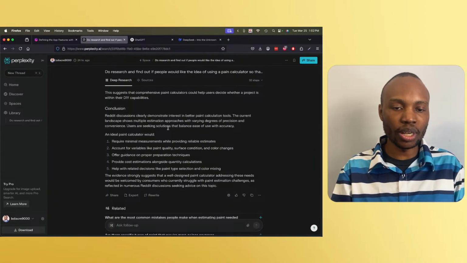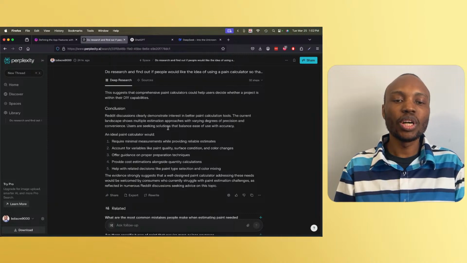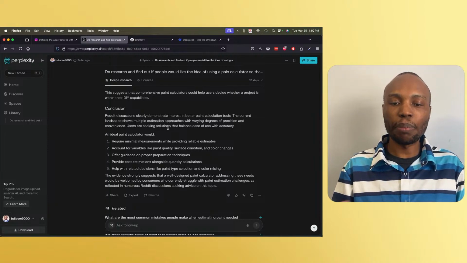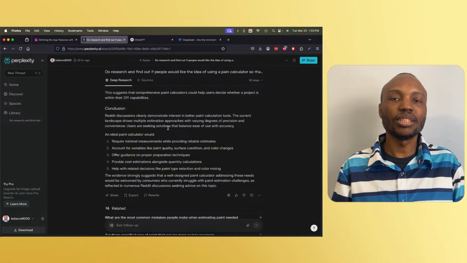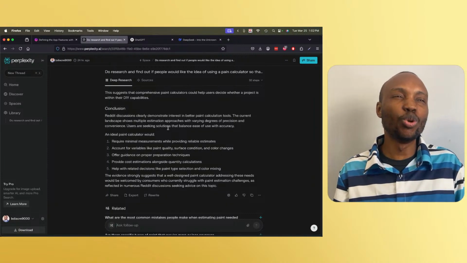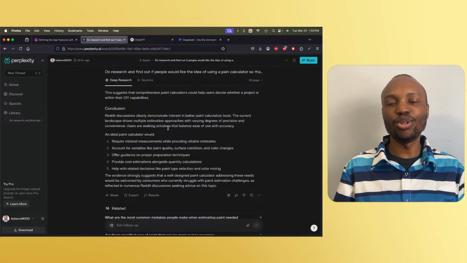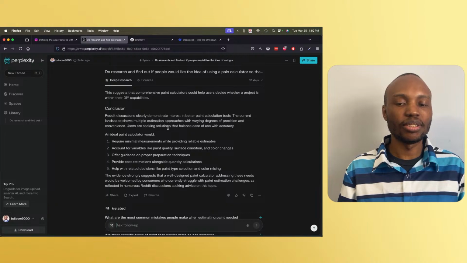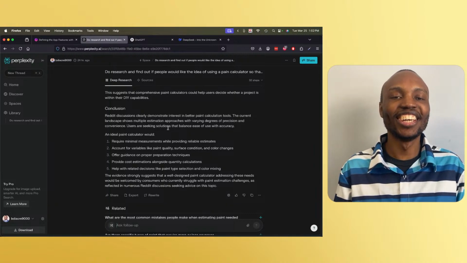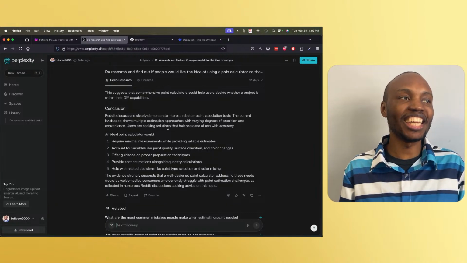Number two, we need to figure out the variables like paint quality, surface condition, and color changes. Most people are going to be like, this is too much to handle. AI can't do that. I'm going to need a professional to come to my house and look at that. But guess what? AI can actually do this. It's insane how much information AI has,